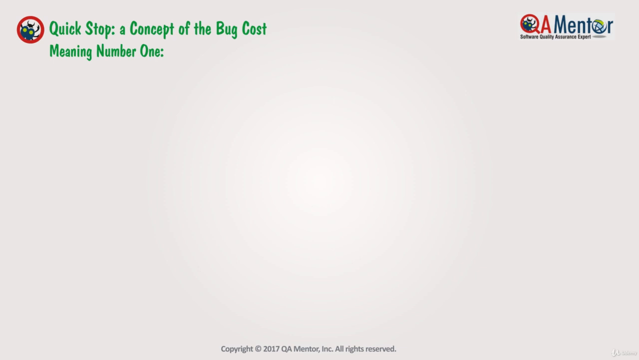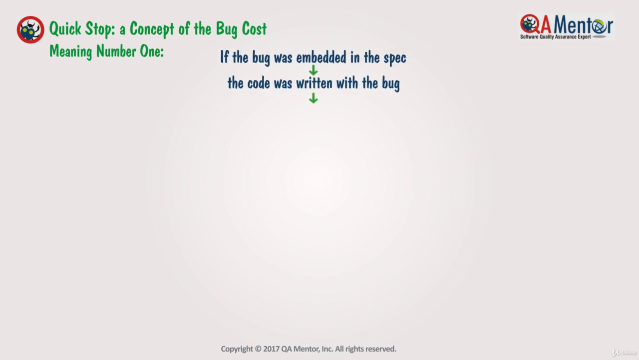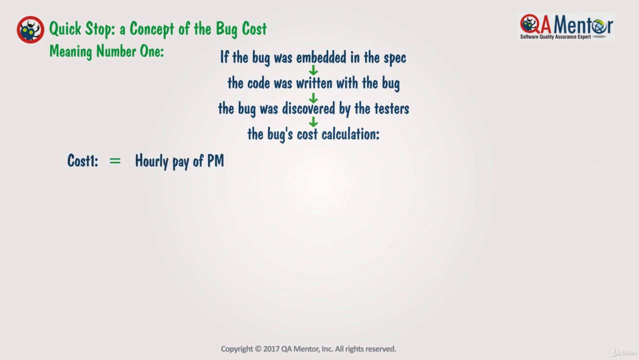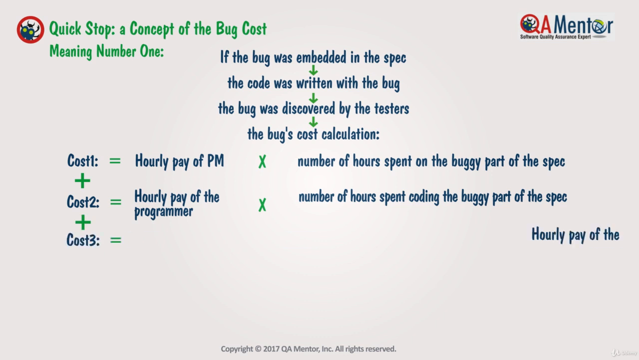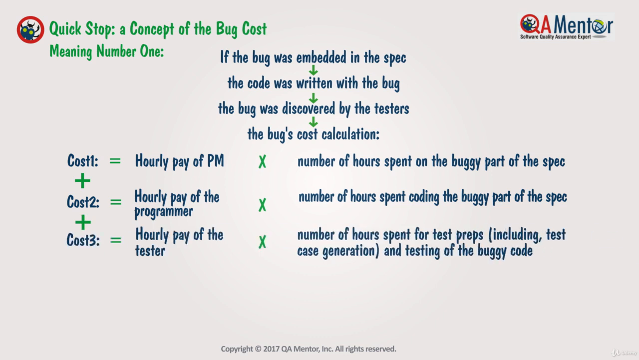Here is meaning number one explained. If the bug was embedded in the spec and the code was written with the bug, but the bug was discovered by the testers, the bug's cost might be calculated like this. Cost 1, hourly pay of PM multiplied by number of hours spent on the buggy part of the spec, plus Cost 2, hourly pay of the programmer multiplied by number of hours spent coding the buggy part of the spec, plus Cost 3, hourly pay of the tester multiplied by number of hours spent for test preps, including test case